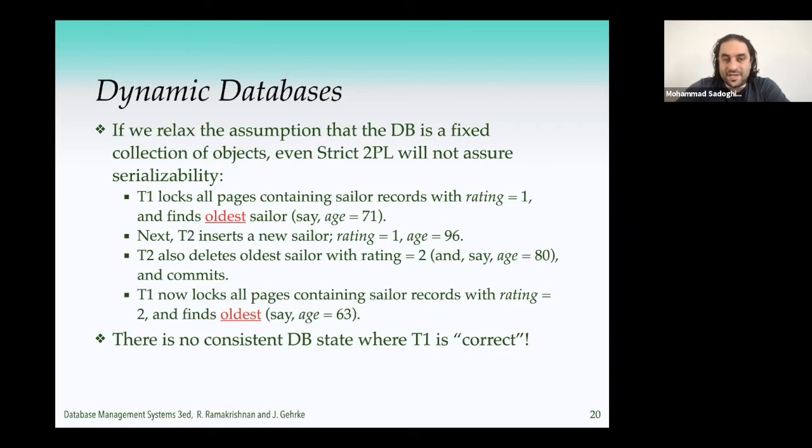Well, if T1 gets an S-lock, and we know based on the hierarchical locking, T2 must also hold an intention lock, an IX lock, at the table. And we know that the S and IX are incompatible. So in fact, if T1 were to take an S lock, then T2 wouldn't have been able to be executed. So that does provide a really broad